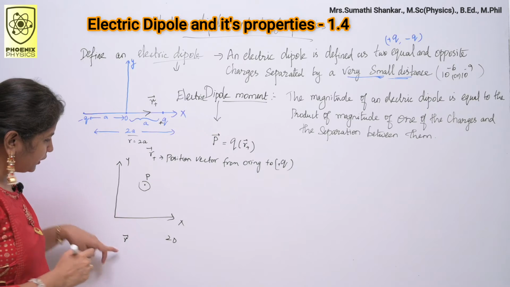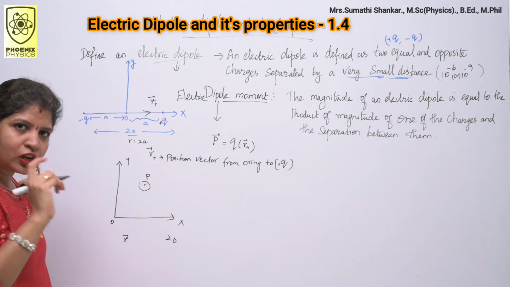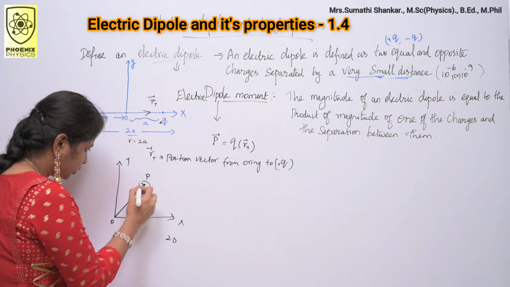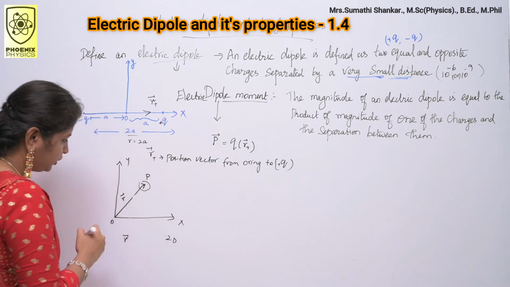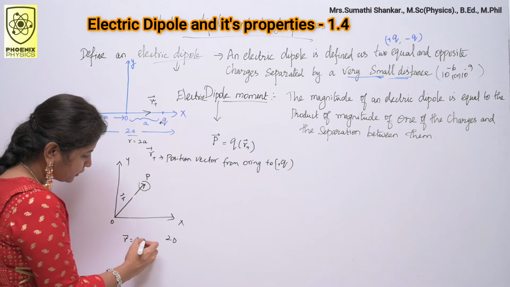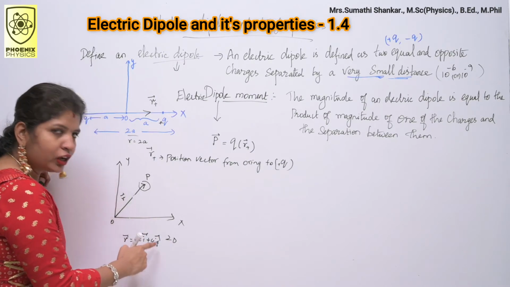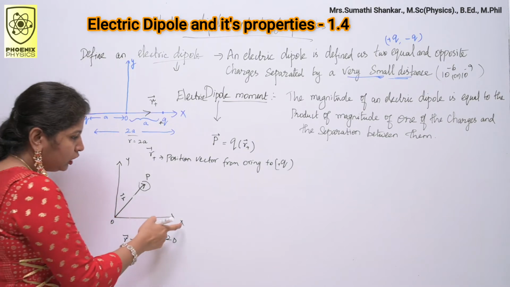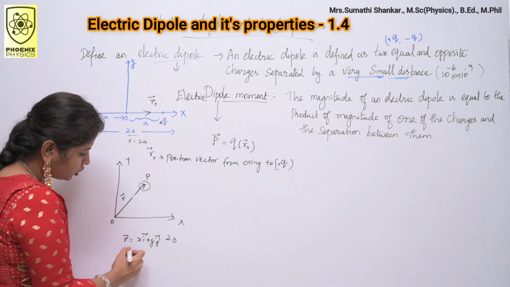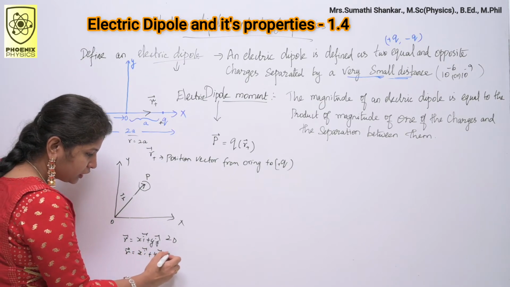Position vector is denoted by the letter r. Here this is my origin. Usually position vector starts from the origin. So you should mark like this. This is nothing but our position vector. Here I have a 2D plane, no? So you can write the position of the particle P as x i vector plus y j vector. You know that i and j are unit vectors, acting along the x-axis and y-axis. So if it is a three-dimensional plane, r can be written as x i vector plus y j vector plus z k vector.